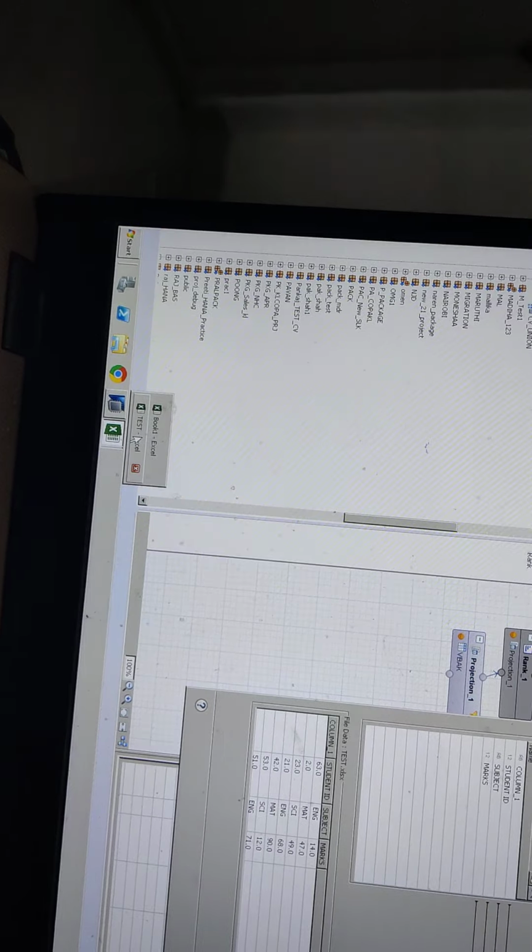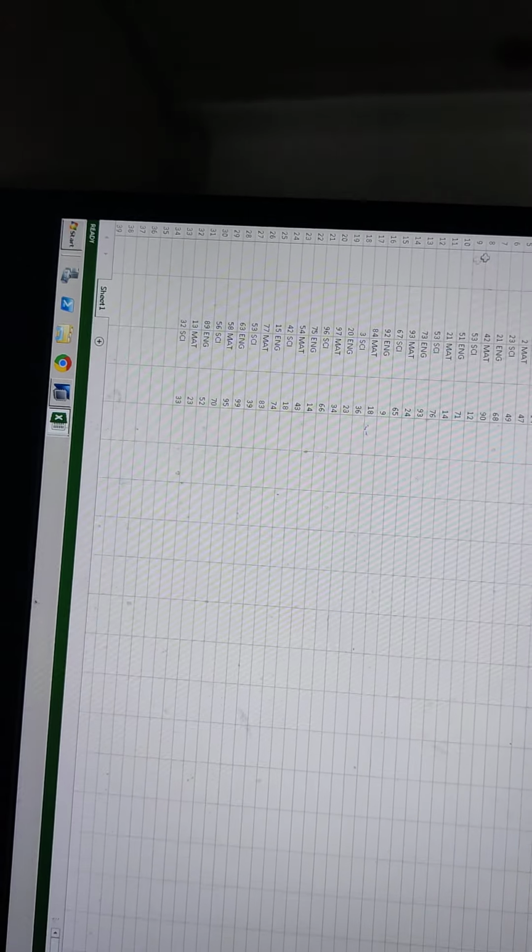Next, after here you need to do the data mappings. Whatever data is present in the Excel sheet will be mapped into the table. Now these are the fields: student ID, subject, marks, and column 1, where there is nothing. Because in the Excel sheet, if you clearly see, we left the first column empty. That's why it is not taking it.